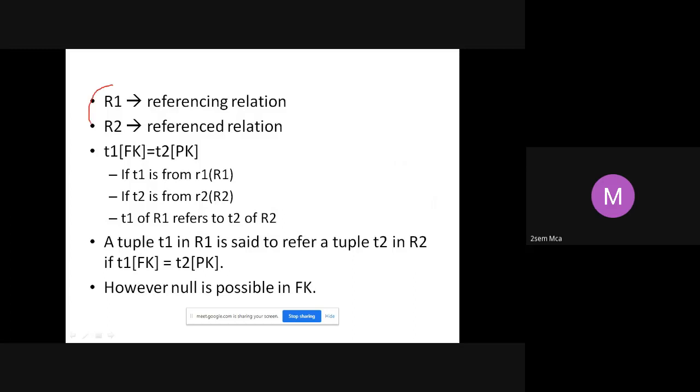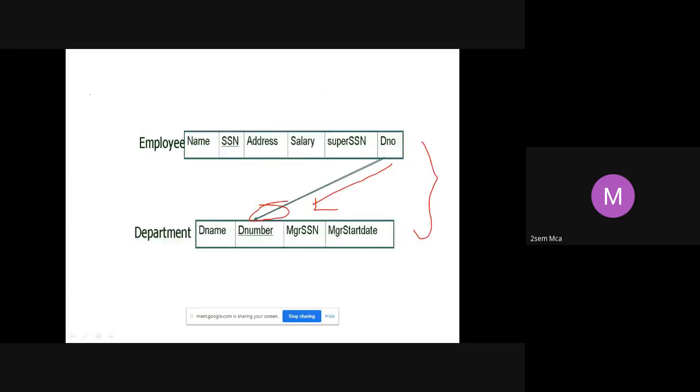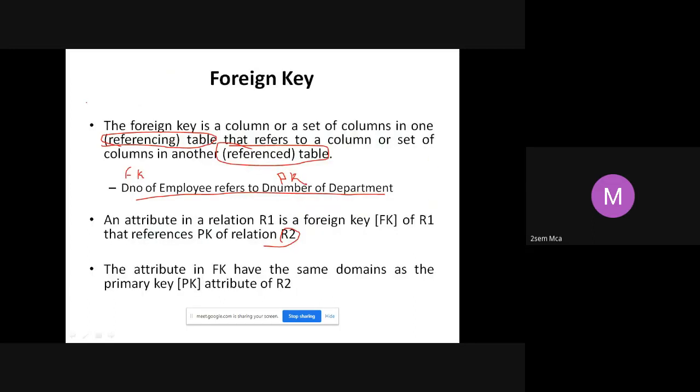Which is the referencing table and which is the referenced table? That's very important. Wherever your foreign key is, that table is called the referencing table. Whichever table contains your primary key is the referenced table.